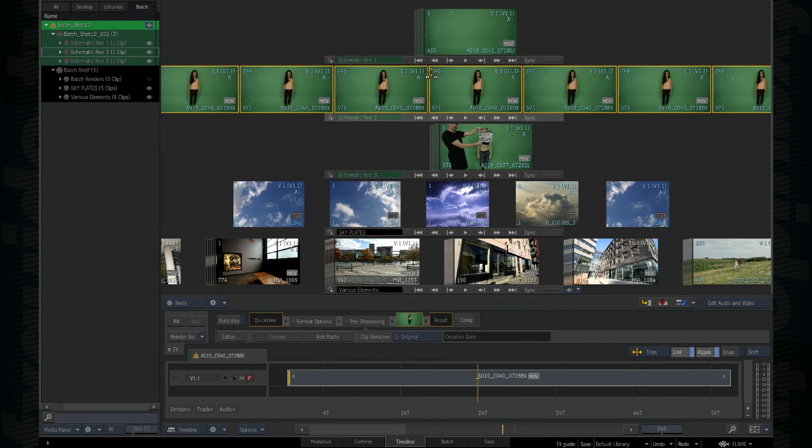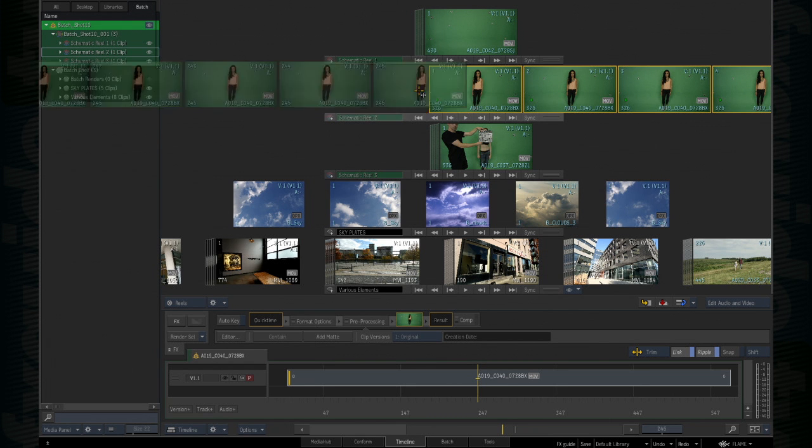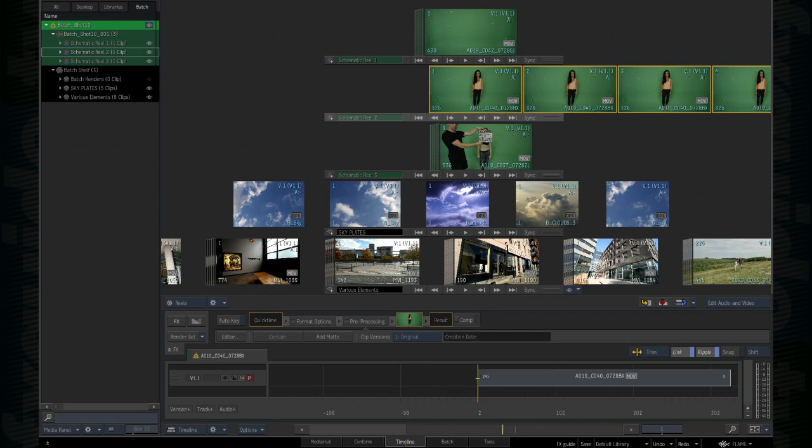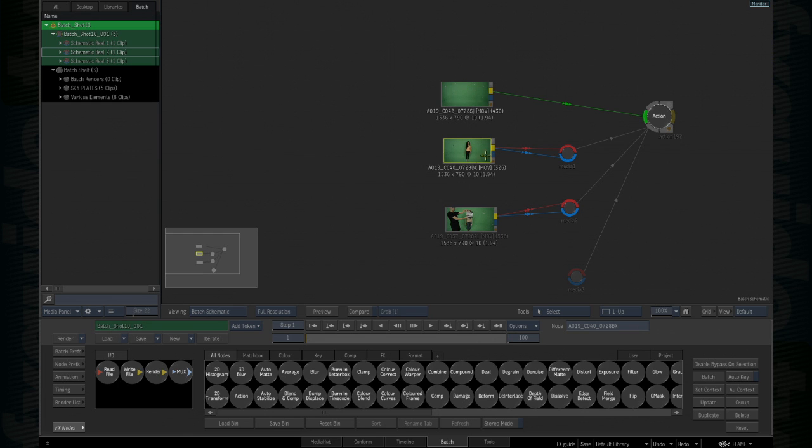Well, what I can do here is essentially take this particular clip and drop it, and I've just trimmed it, and it's been immediately trimmed in the actual batch schematic. So at this point, it used to be over 500 frames. It's now down to 326. It's performed a gestural edit on the clip that is physically being used inside of an action setup. So again, full bidirectional